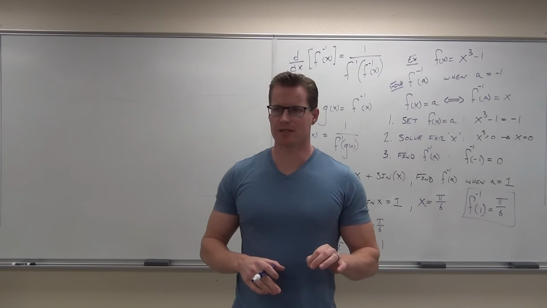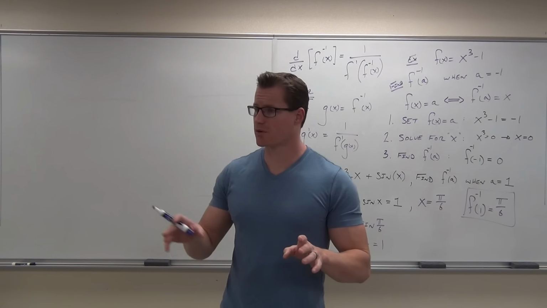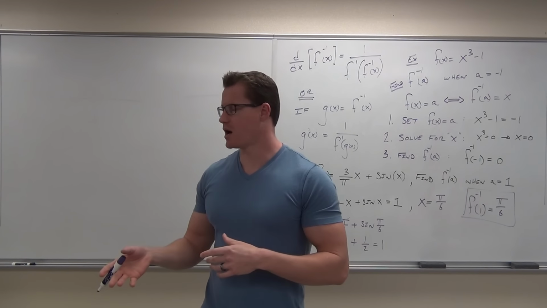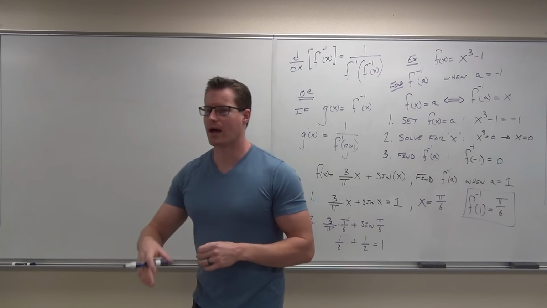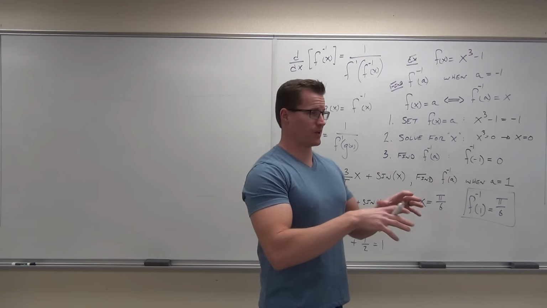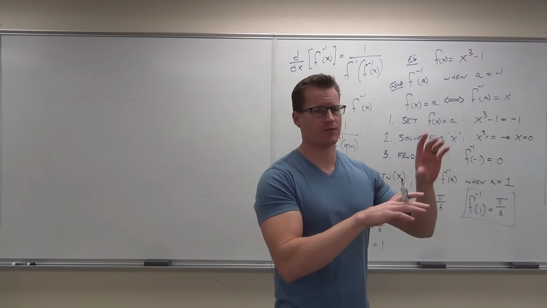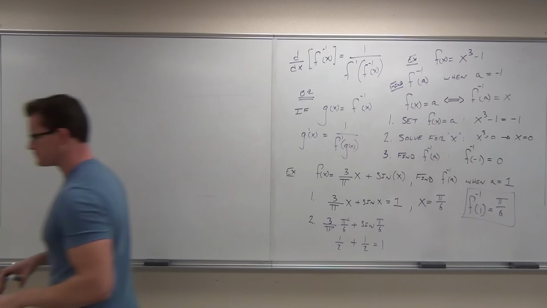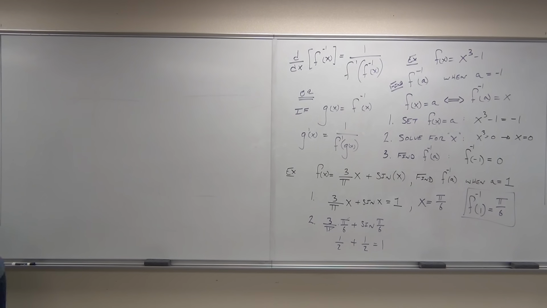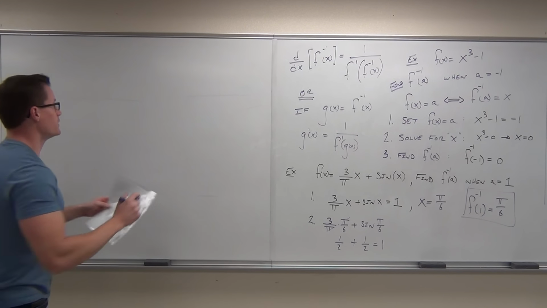I think I told you that sometimes it's really easy to find the inverse and just take the derivative of it. Sometimes it's not. So I'm gonna show you a way that we can go around actually finding the inverse function to find a derivative evaluated at a point. So here's what we're going to do. We're going to start with this example. We're going to find the derivative of